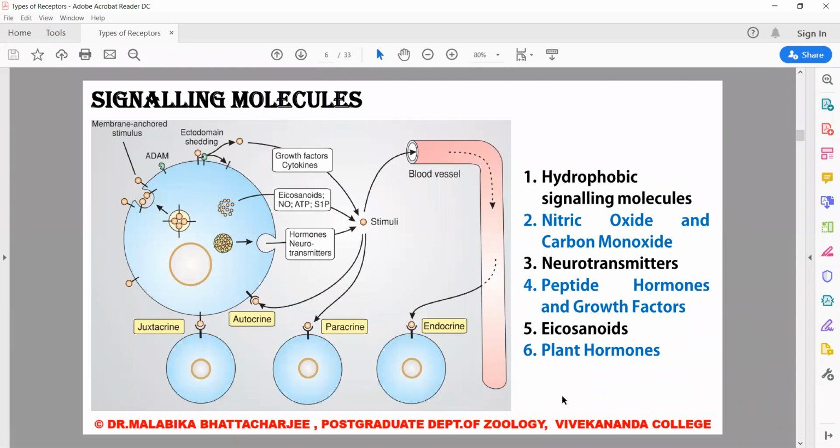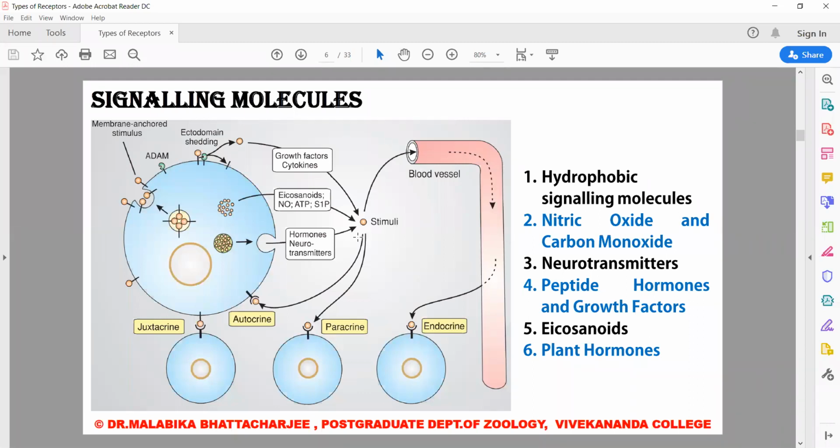Now coming to the signaling molecules. For the second semester, in your syllabus, you have category, you have signaling molecules, and you have receptors. These are some of the standard signaling molecules that are used by a living system to carry on. I said the word living system because it's not only mammals. A huge variety of living systems use one or another type of signaling molecules to communicate between cells.